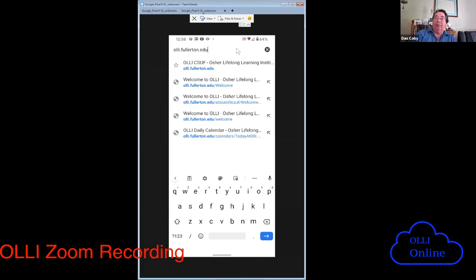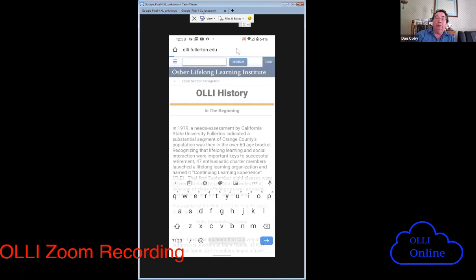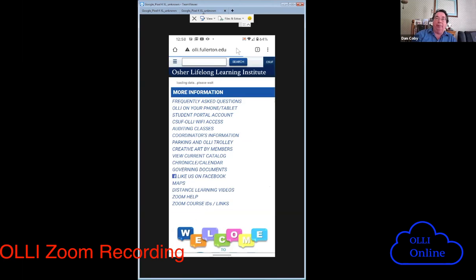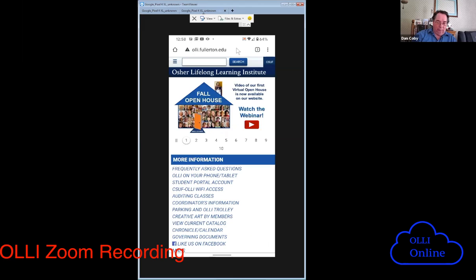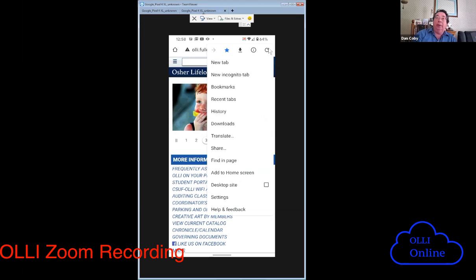Anyway, open up your browser, type in the URL, and hit enter. And that'll open up that page. Okay. And then on an Android phone, these 3 little dots right here, that opens up a menu, and down on that menu right here, the thing it says add to home screen. And if you touch that,